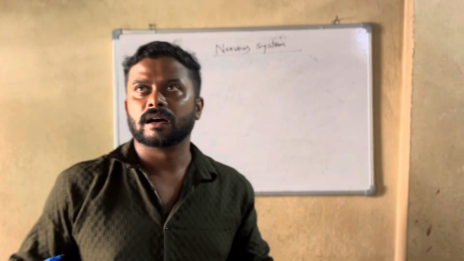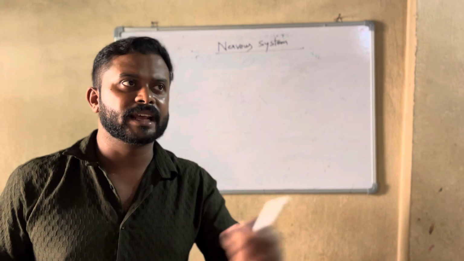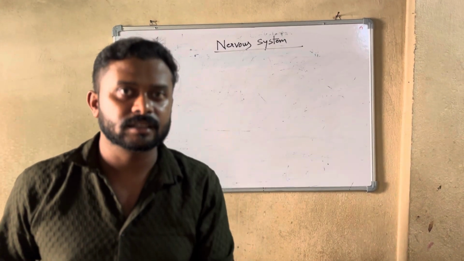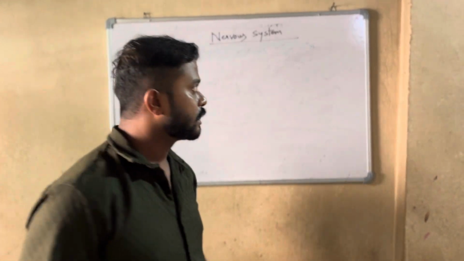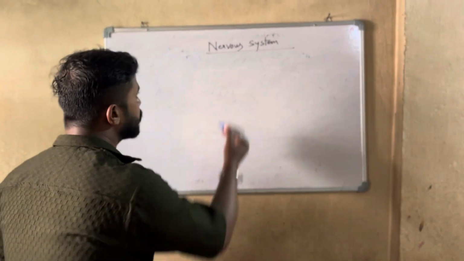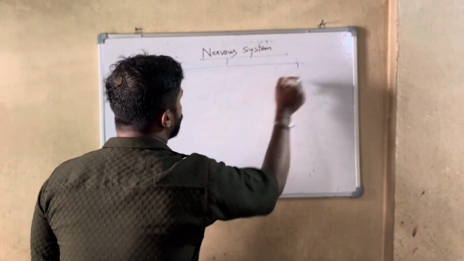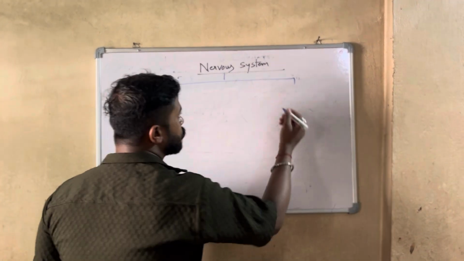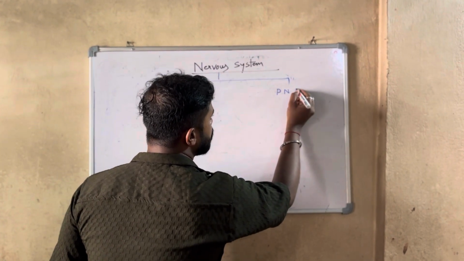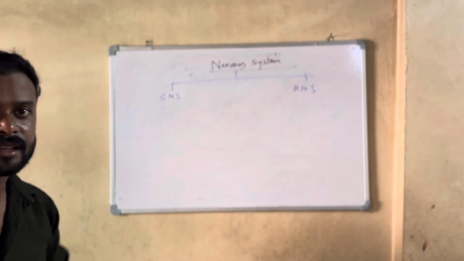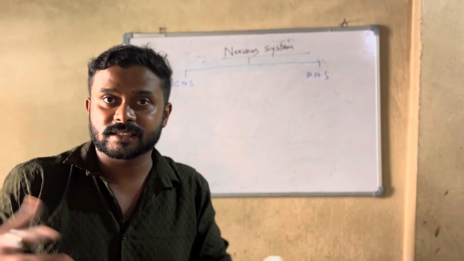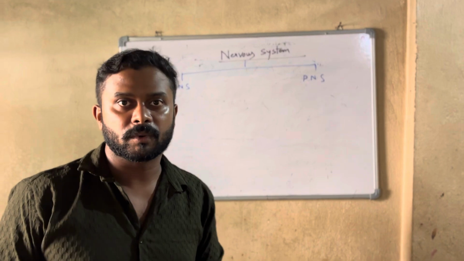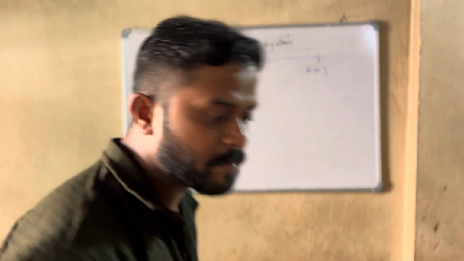We know that the nervous system consists only of the brain, spinal cord and neurons? No. At first, we have to be clear about what the nervous system is. It can be categorized into two categories. One is the central nervous system, that means CNS, and one is the peripheral nervous system, that is PNS. What is the central nervous system? The central nervous system is like the central government. It is the major part of our body which consists of the brain and spinal cord.